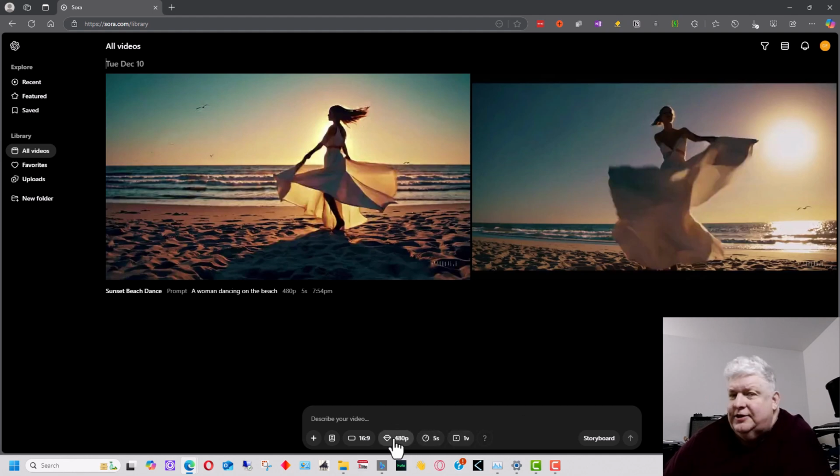You could also upscale this. Unfortunately, Sora doesn't have an upscale function right now, and so you'd have to take it to a different piece of software or a different website to upscale it. Like you could take it to Runway and upscale it. On Runway, you can upscale the videos, so you can create them in a lower resolution and then upscale them for a certain number of credits. And you can buy more credits on Runway, which is an advantage to Runway right now. But if you're just kind of dabbling in this, or you have an upscaler,